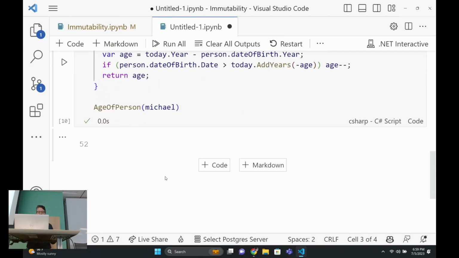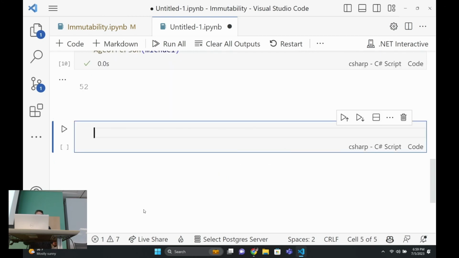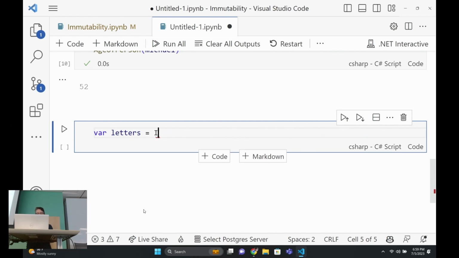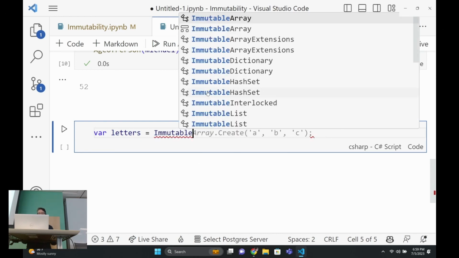Okay, so let's talk a little bit more about immutability. There are some other tools in .NET that help us with immutability. There are some data types that I'm quite fond of using. So I can say, here's the letters. I might say I want to create a new list of characters. Look at that, Copilot, just figuring out what I mean by that. That's kind of awesome. But if I instead created an immutable, look at this, you've got all these different immutable